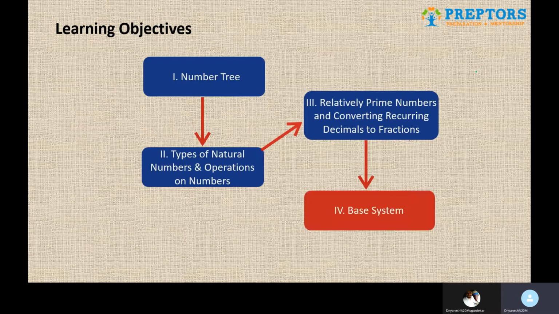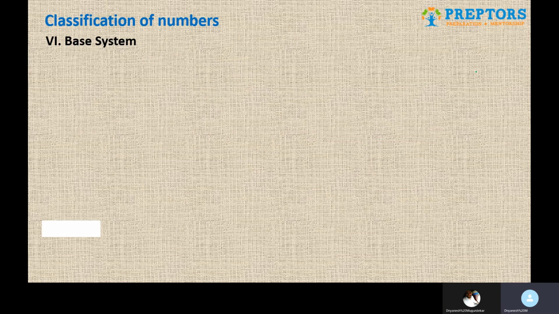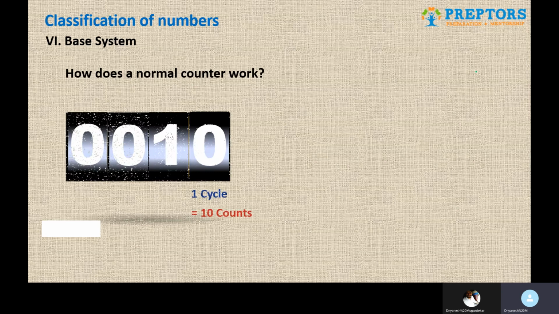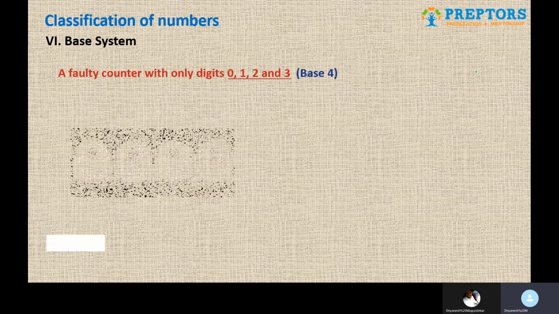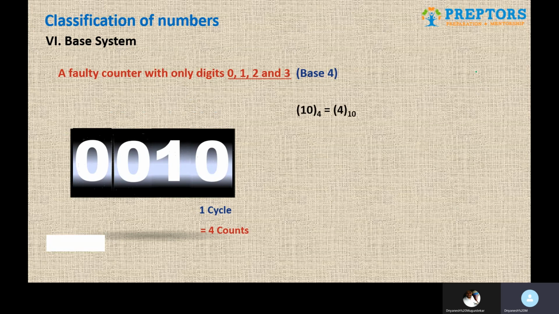The last part from this is called the base system, and there are only a few things that you should be aware of in this idea, which is how to convert. There are just two types of questions: how to convert from a decimal base to any other base, and from some other base to decimal base. This is the only important conclusion that you should know, and the method for that. How do we do that?